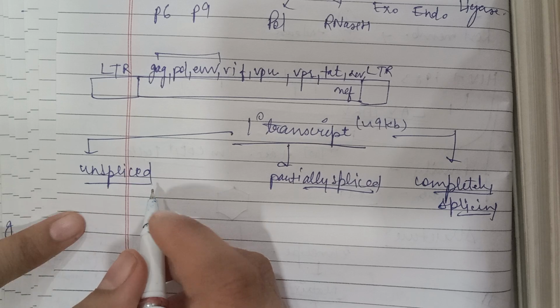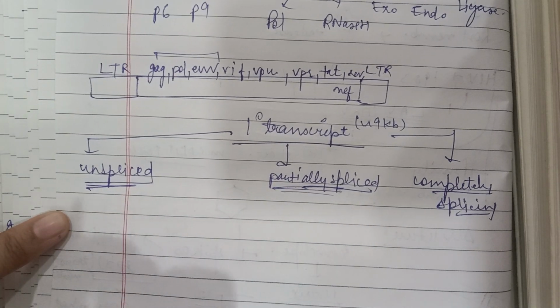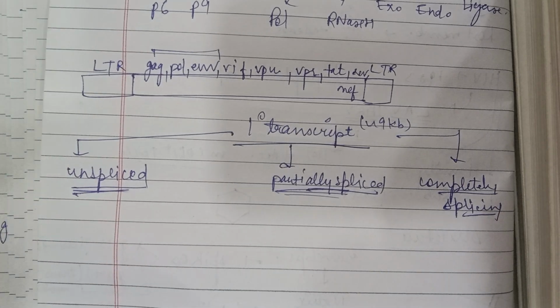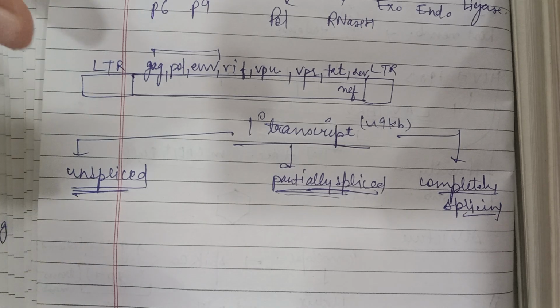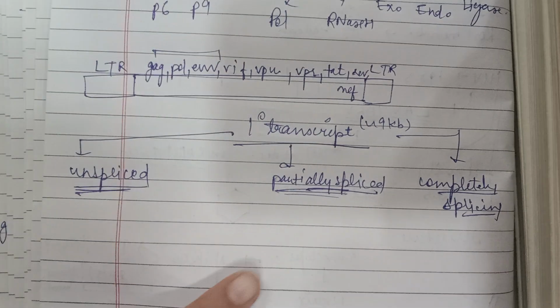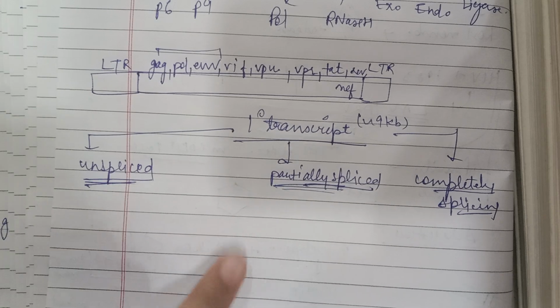Unspliced primary transcript and partially spliced transcript would not normally be exported from the nucleus, but in the case of retroviruses there is a mechanism known as the Rev dependent mechanism, due to which unspliced and partially spliced RNA can even be exported